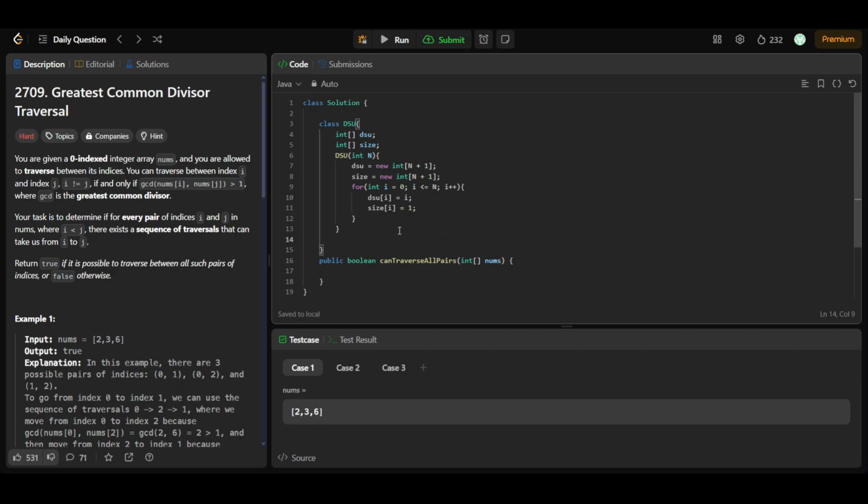Okay, and then let's write another function. Let's declare it public int find, and here we'll be finding an integer, let's say x, and what we have to do is return x if my DSU of x is equal to x. Otherwise, I have to return DSU of x equal to find the disjoint set union of